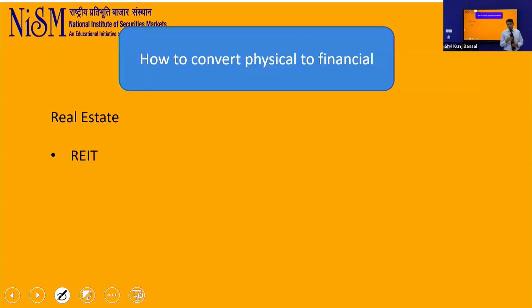So that is a vehicle that is available to us in India now. In fact, for more than 10 years or so, closer to 10 years, although of course it has not become very popular. And that's the idea for today's webinar, that a lot of you who don't know this, very low investment, 10,000, please check that number, Ritesh Kumar. We will address that issue also. Is it 10,000? Is it higher? Is it lower? InvITs, Nikhil Bansal, yes, but InvITs are for infrastructure investment. Our today's webinar is focusing on real estate investments. So REIT, as I was saying, is now available for quite some time, although it hasn't become very popular.